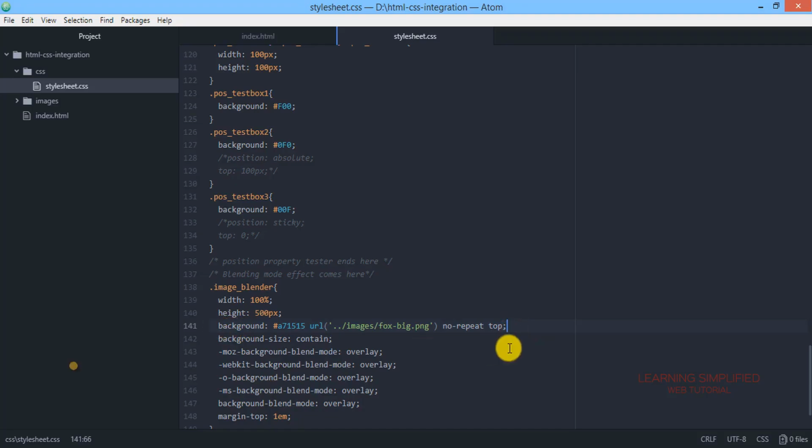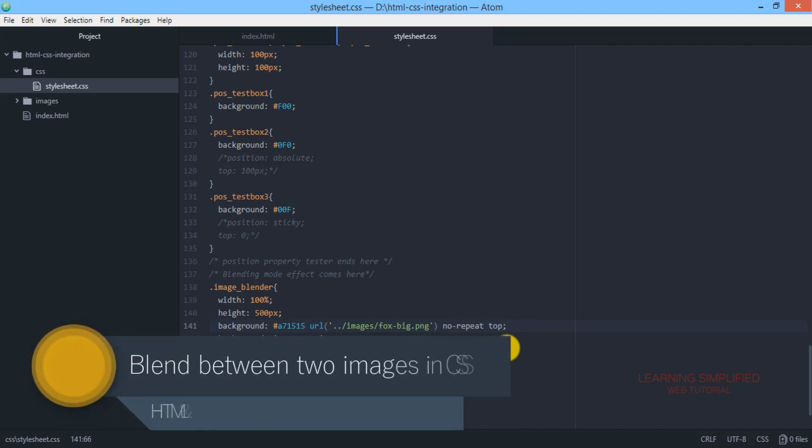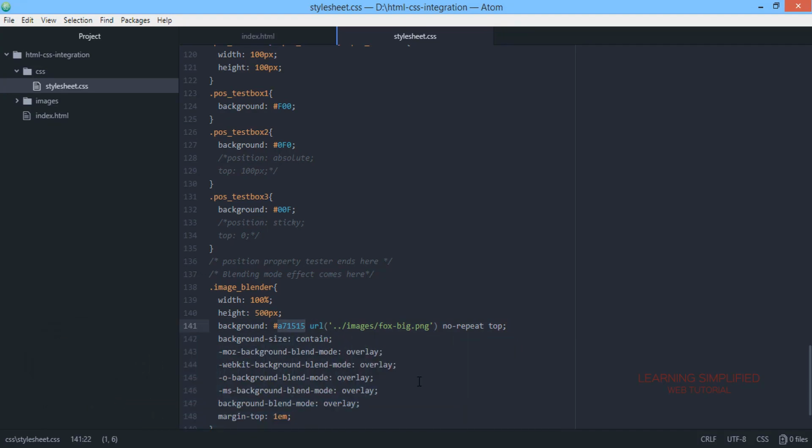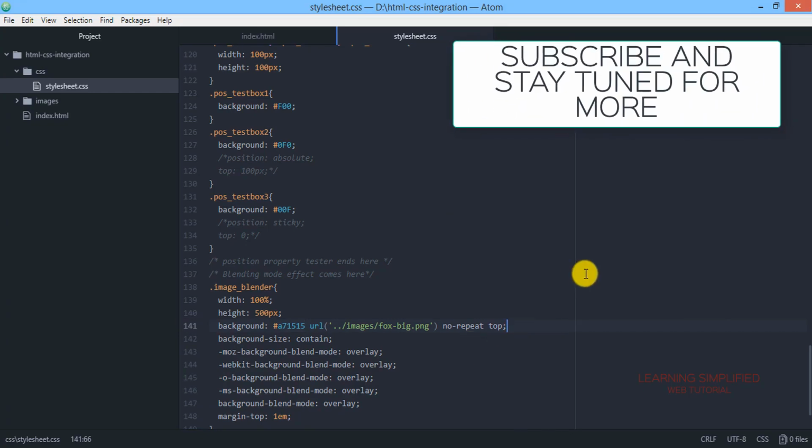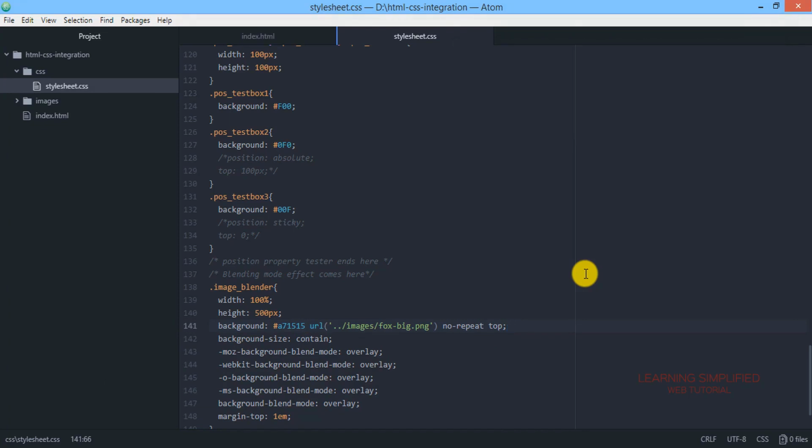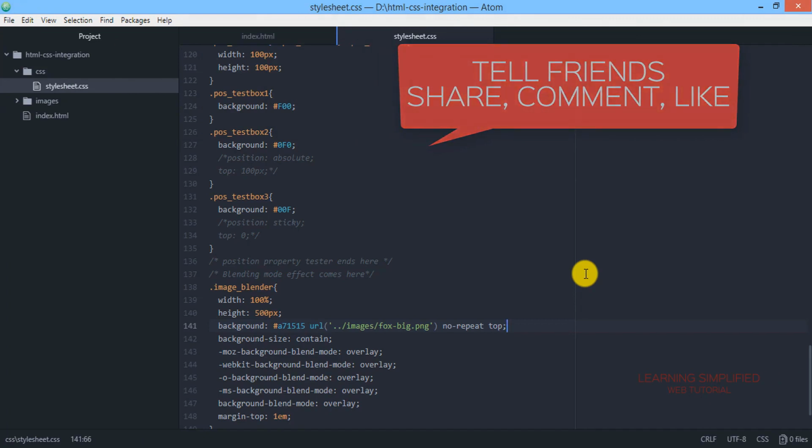Now this is the thing that we have seen in case of a base color, that means a solid color, and a pattern over here. Now what if we want to have this blending effect between different patterns, that means different images? We have known about this background blending mode in case of a solid base color and an image. Now all we want to do is blend between two different images.